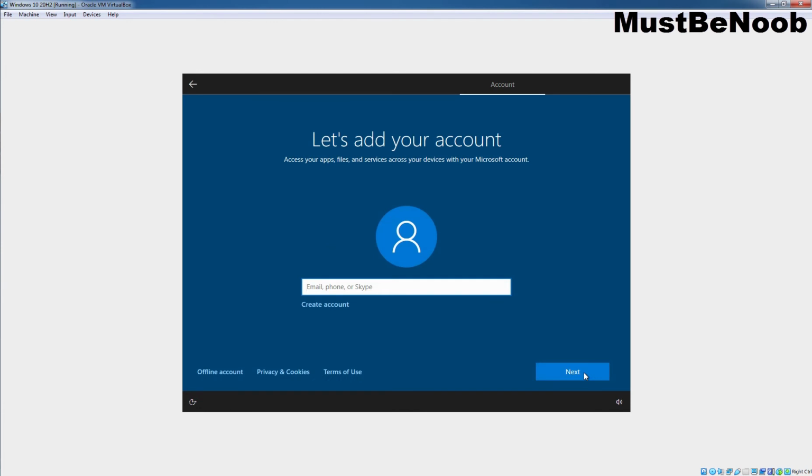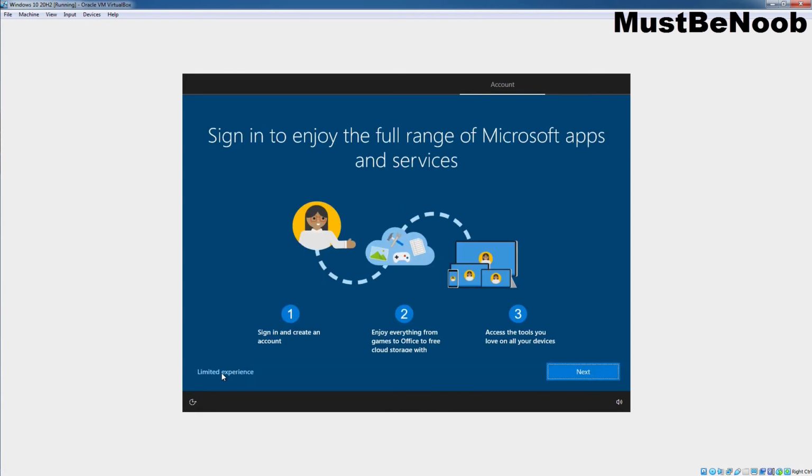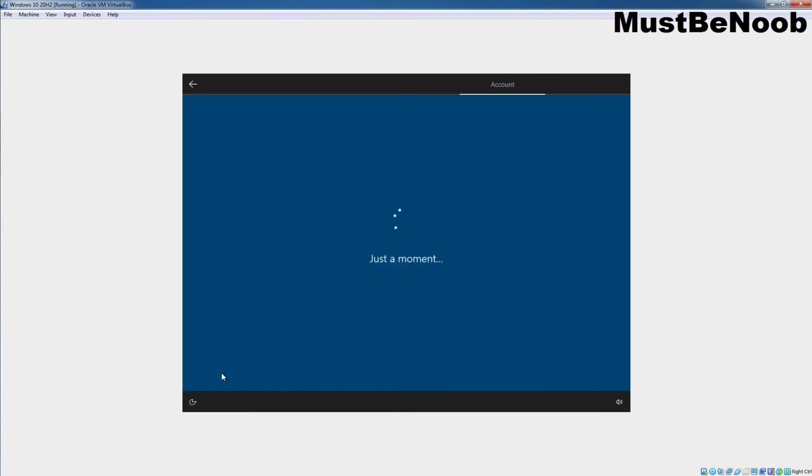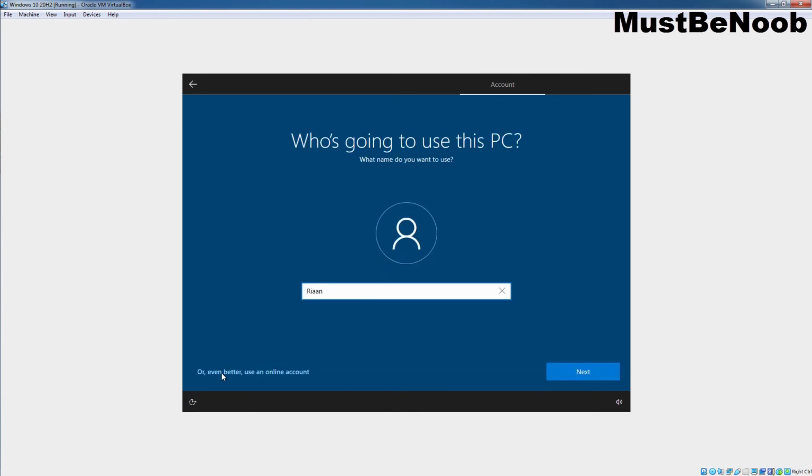Again, on the account screen, it is asking us to specify the email address, phone number, or Skype ID. If you want to use an offline account, then you need to click on Offline account. Now I'm going to click on Limited Experience as we are not using a Microsoft account to sign in. Specify the name for your account and then hit the Next button.